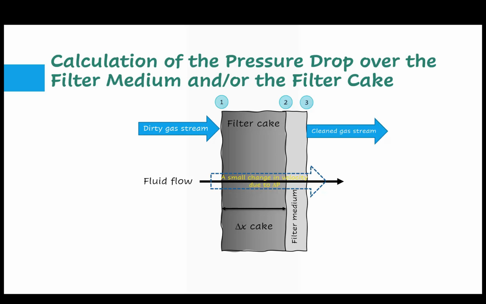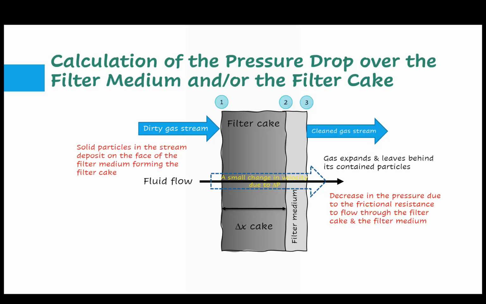Okay, after some filter cake formation appears, a small change in velocity will happen due to the increment in the pressure drop. So when the pressure drop increases, the velocity will be slower because the gas has to pass through this filter